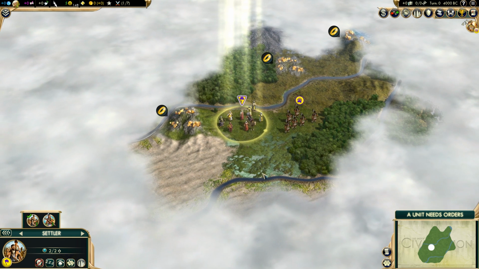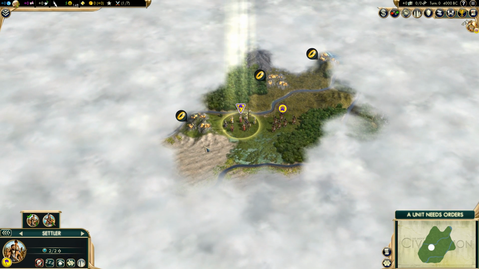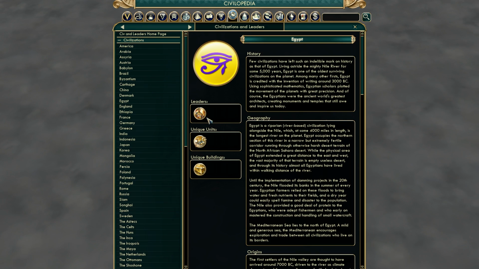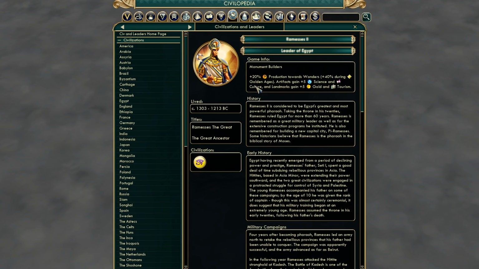So there's a couple of things we need to talk about here already. We're starting in an interesting place with gold around us. So let's quickly talk about Egypt's bonuses. The first bonus is that we get 20% production towards wonders, 40% during golden ages, artifacts gain +5 science, culture, and landmarks gain +5 gold and tourism. So we're going to want to play around with